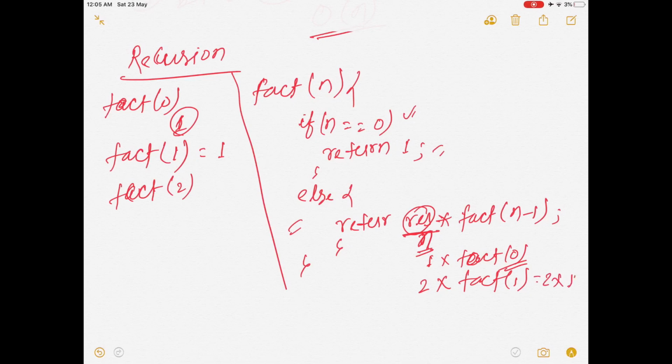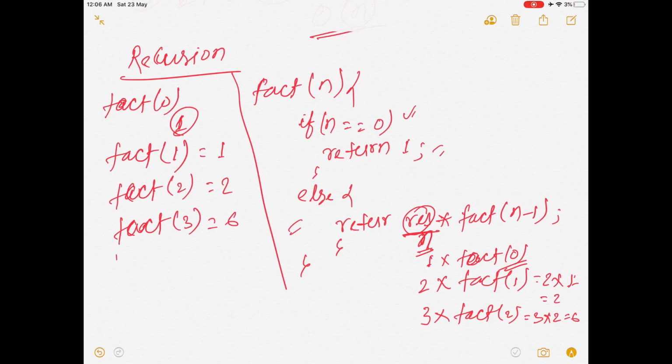So we will get 2 into 1, which is equal to 2. Similarly for factorial 3, same thing will happen. It will be 3 into factorial 2. We already know factorial 2 is equal to 2. So it will be 3 into 2, that is equal to 6. So we will get 6.